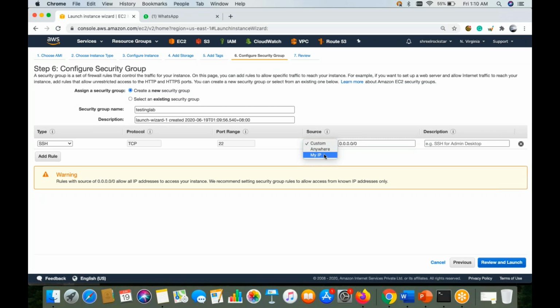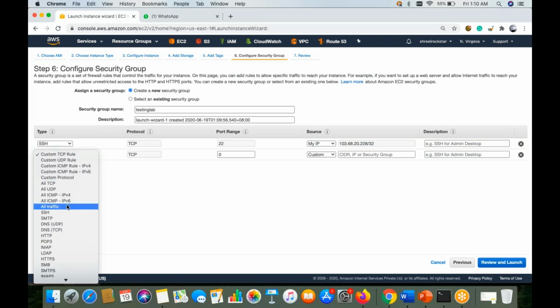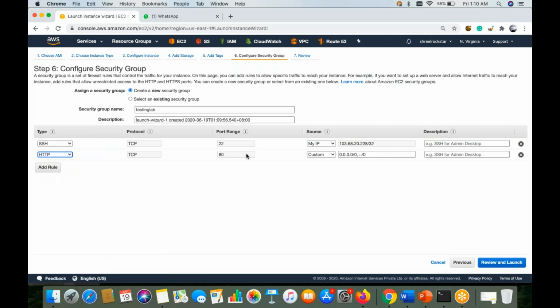So I should use my IP here to improve security. See, there is a remove option automatically. And I need more ports also because I want to do something with my instance. So I can go with HTTP and port 80, yes. Port 80 for the website should be accessible from 0.0.0.0, that is fine. See, there is no warning now.